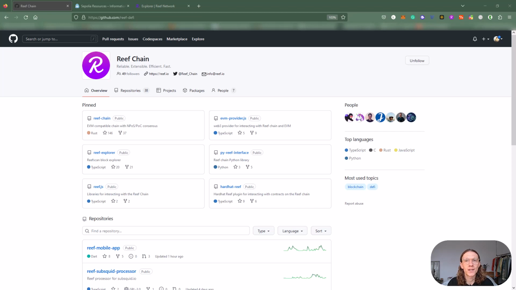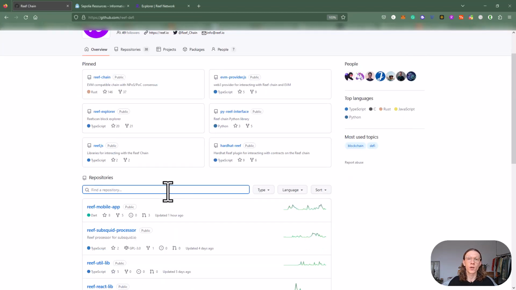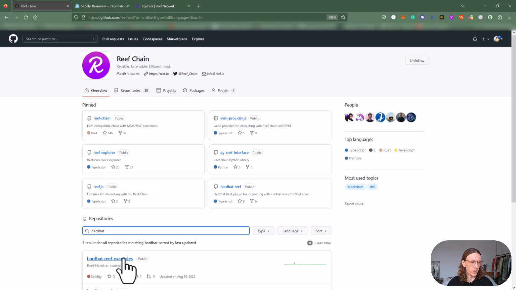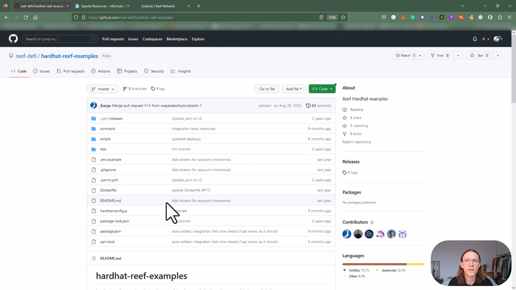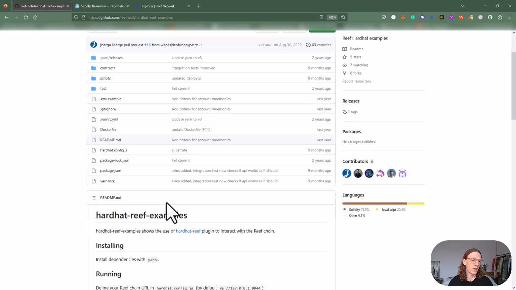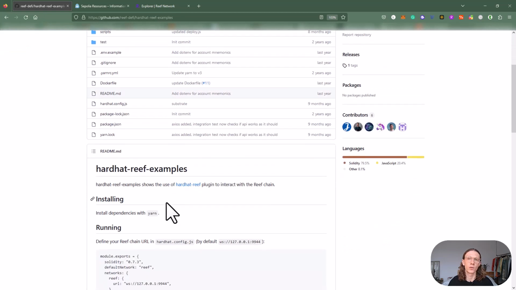So let's get started. As you can see on my screen, I already visited Reef Chain's GitHub. We're going to use some resources there. Let's look for the repository called Hardhat Reef Examples, and click on it. Basically, what you can find there are some resources to get started on Reef Chain. We have some contracts and scripts, and also a README that guides you through some steps to get started